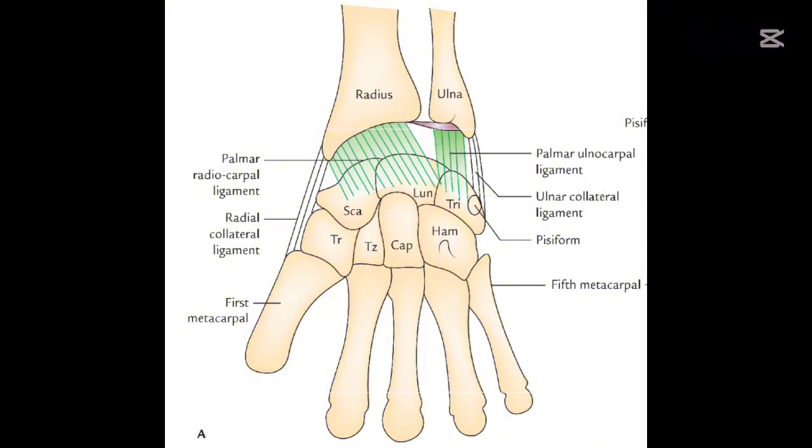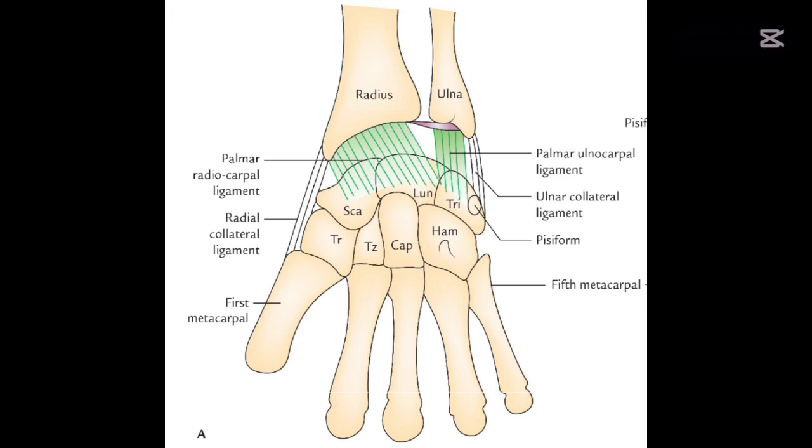Now it marks the attachment of the palmar radiocarpal ligament of the wrist joint. So the wrist joint is formed by the radius bone and the carpal bones. The radius bone is covering the carpal bones, forming the radiocarpal joint. On the anterior side, if you open your palm, this is what they call palmar. At the back it is called dorsal. In the palmar side you have the palmar radiocarpal ligament of the wrist joint, which is crossing